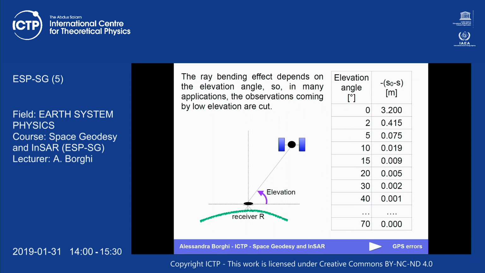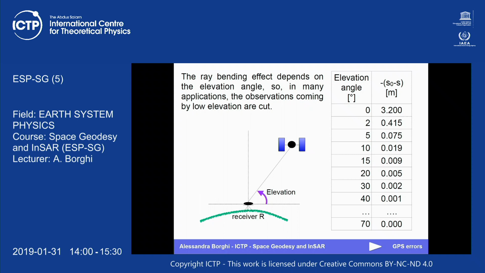Okay. About the ray bending effect, it depends on the elevation angle of the satellite. The elevation angle is the angle between the horizontal line, this is the GPS receiver, and the satellite. This angle is called elevation. This is the azimuth angle with respect to the vertical. So this type of effect increases when we are using a satellite low with respect to the horizontal, so with